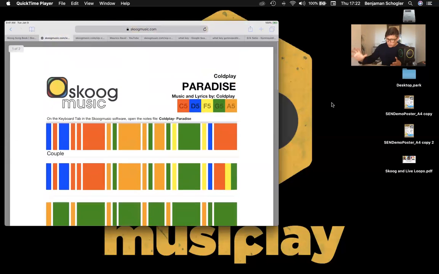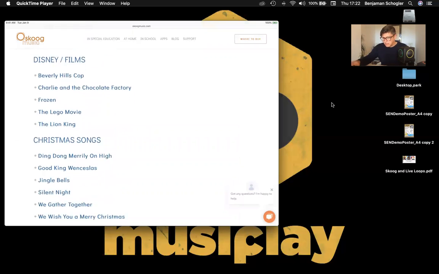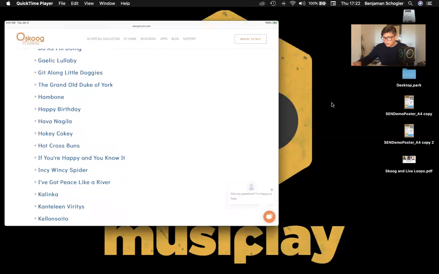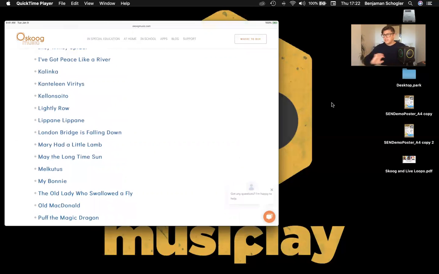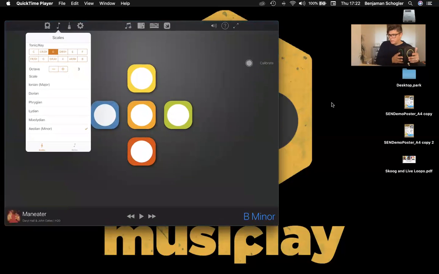We have more complex, less complex. We've got duets. We've got traditional festival songs, like Christmas songs. There's Disney films. There's a bunch of kids songs in there. There's some lullabies, hot cross buns, hokey pokey, all kinds of stuff. So that's a really great resource, and again, that's free. So coming back to the Skoog,